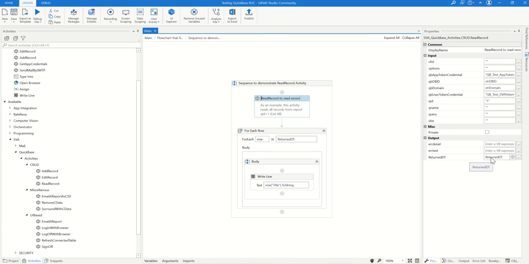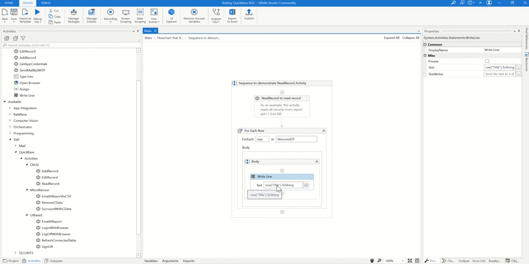And if the query returns 10 rows, then it returns 10 rows with the same 5 columns. So that's what the data table is. This will now be saved into a variable called return dt, which I'm using later on. I'm reading that data table and displaying the new title that I just changed in this previous activity. Okay, so without further ado, let me go to